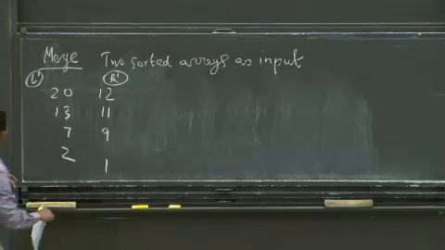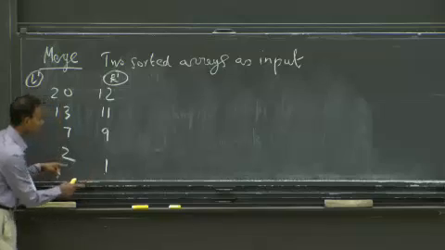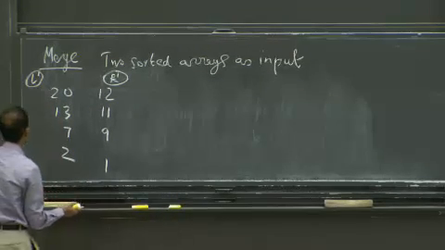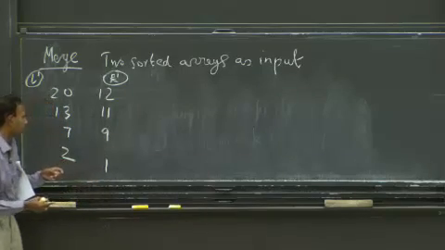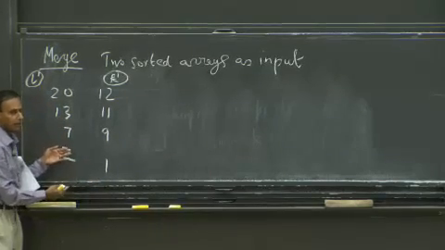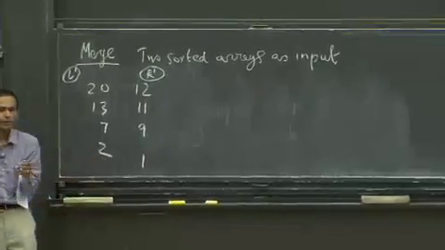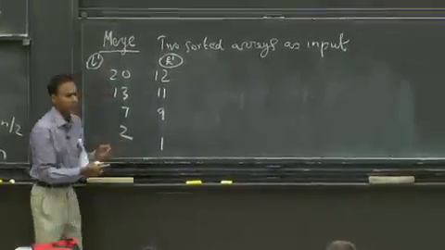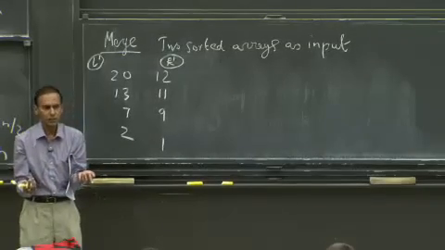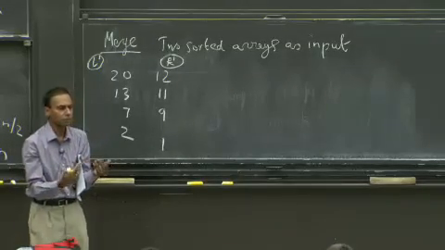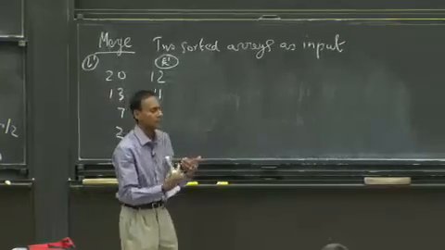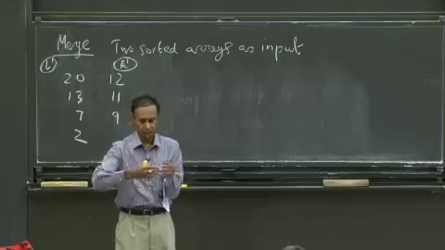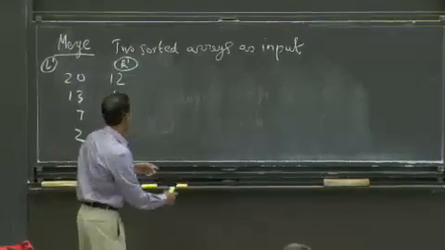What you have is what we call a two-finger algorithm. And so you've got 2 fingers, and each of them points to something. In this case, my left finger is pointing to L prime, or some element in L prime. My right finger is pointing to some element in R prime. And I'm going to compare the 2 elements that my fingers are pointing to. And I'm going to choose, in this case, the smaller of those elements. And I'm going to put it into the sorted array.